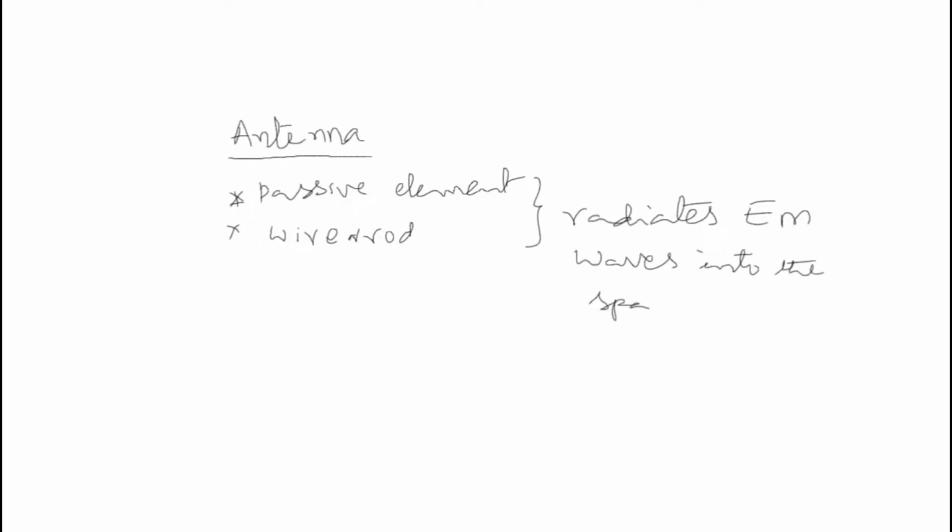So that means antenna gives what? Electromagnetic radiation. Electromagnetic radiation means antenna sends the signals in the form of EM wave radiation. Coming to the types of antennas, there are different types: wire antennas,